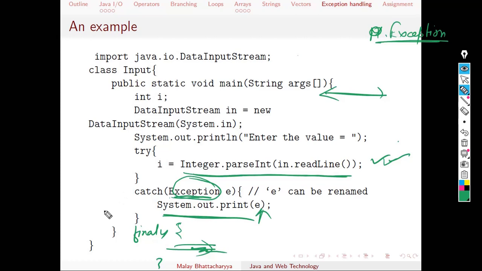So if you use the Exception class and print the error message e, it will print the original error message,